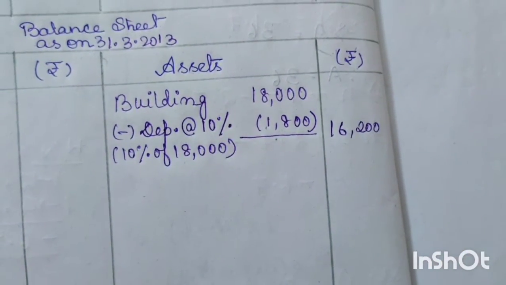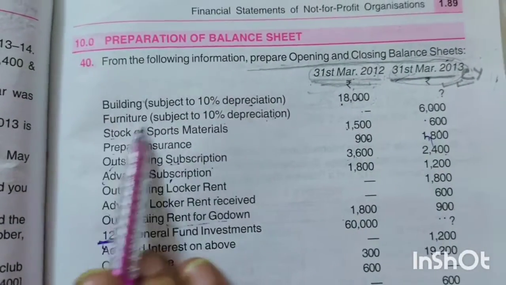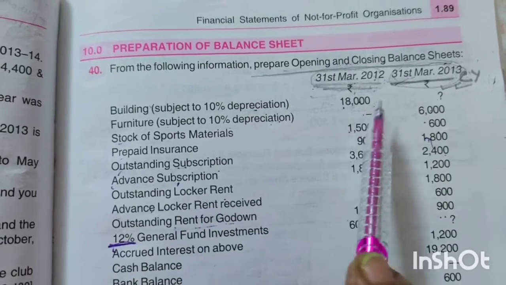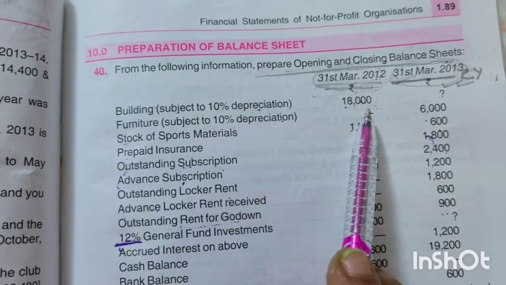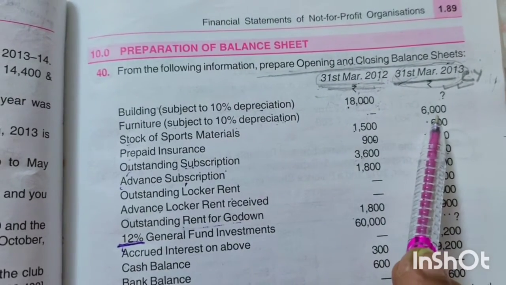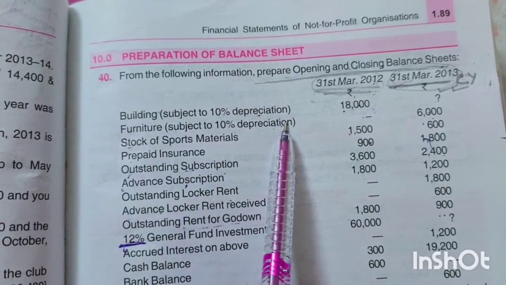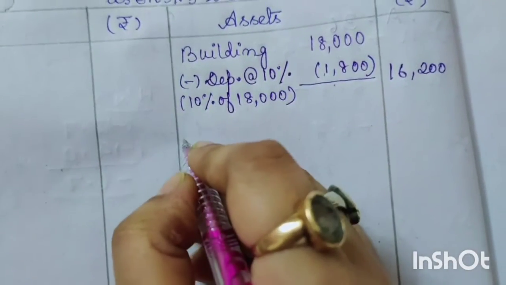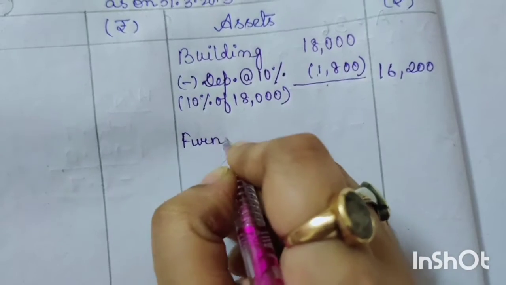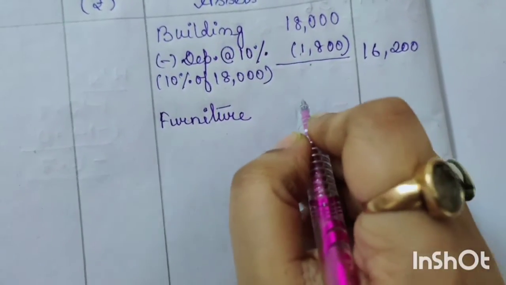Okay, now going back to the next transaction. The next item is furniture. Again, we don't have furniture in the opening, meaning in the beginning of the year we didn't have any furniture. In the closing balance, how much did we have? 6,000. Again subject to 10% depreciation. So first we will write furniture, 6,000 is the balance of furniture,